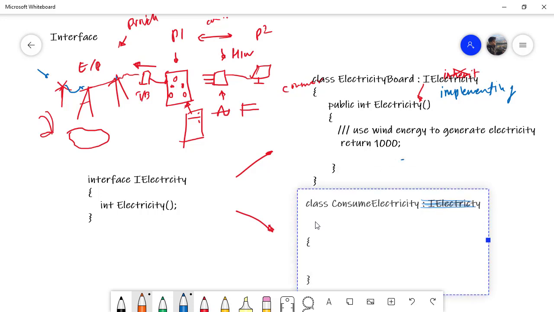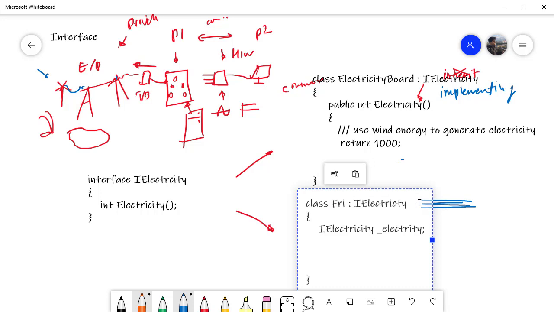The consumers of the interface create a member variable of it. So I'm going to say that I use electricity, and then I'm going to declare a variable called electricity, probably as a consumer. Let's say a fridge. So the fridge consumes electricity,